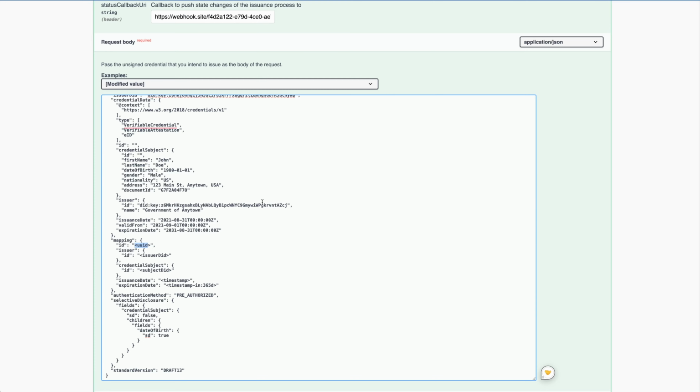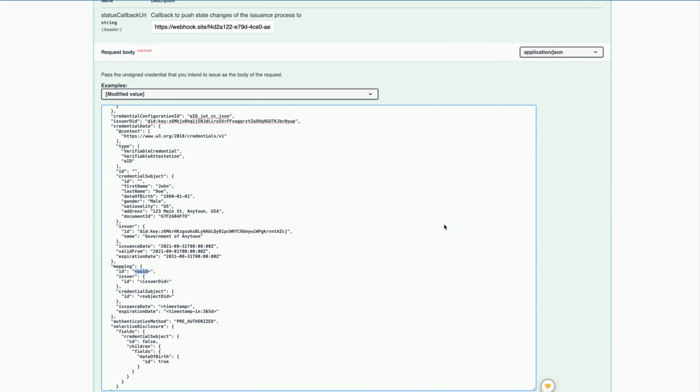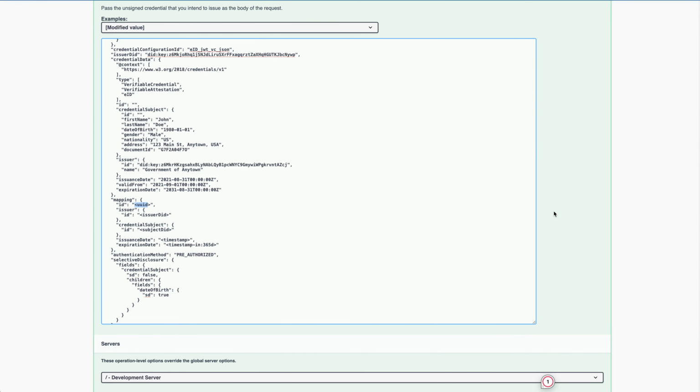Because let's say I'm now triggering this issuance request, but this only creates the offer. It doesn't yet issue the credential, so it doesn't issue and sign the credential. And this offer can now be received immediately in the wallet, or it might also be received later in the wallet. And if it is received later, there might be a change in the data that goes into the credential. And especially things like issuance date, expiration date, these things change